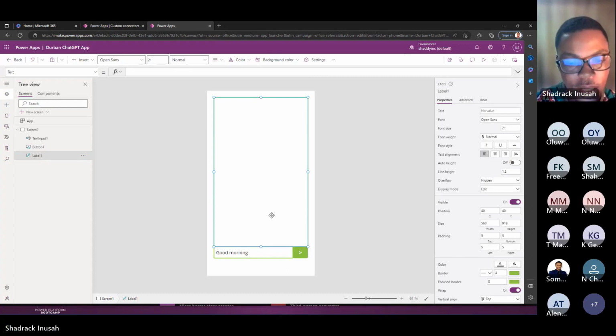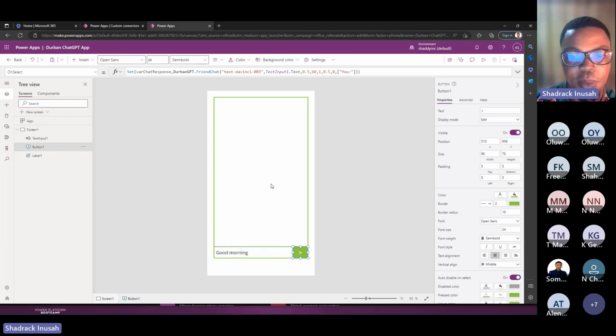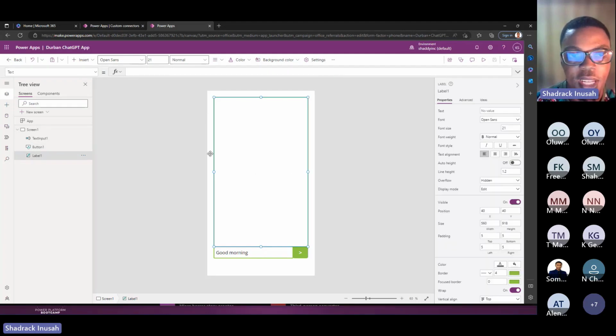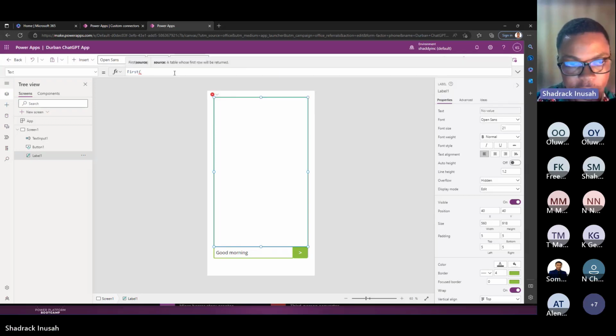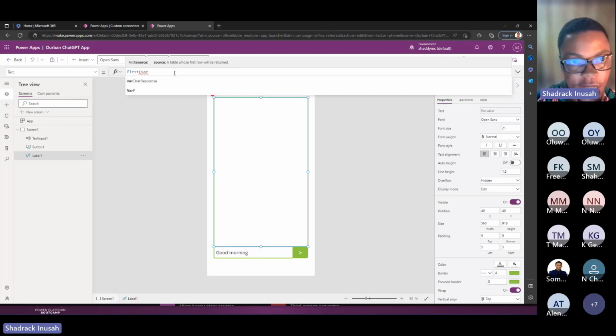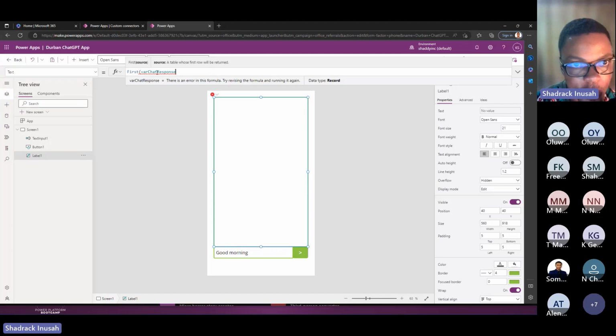Now let's code the label so that whatever is being stored here can display inside the label here, right? So let's see if it will display. Let's start typing and see if it will display whatever is stored there. All right, so the first thing we need is we need to type first, right? First. I will explain this code shortly after the talk. So first, because I'm done actually, then the response. So we pick the response first. So this is the response, right?